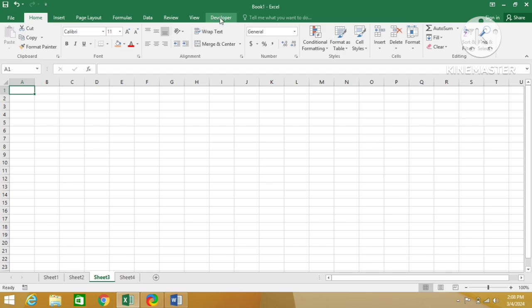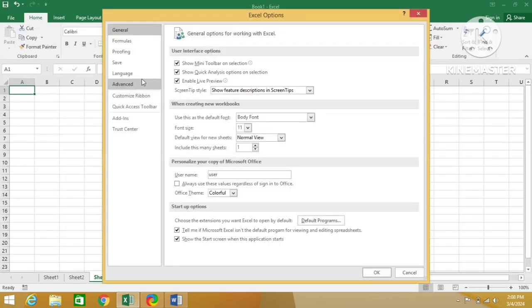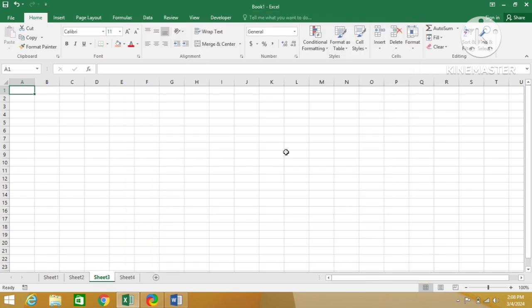If you want to enable this Developer tab, go to File and Options, and select Customize Ribbon, and here you can check this. Initially it will not be checked. You need to check this Developer tab and click on OK, and now you will be able to see this Developer tab here. And just below this menu bar you can see a toolbar where you have a lot of